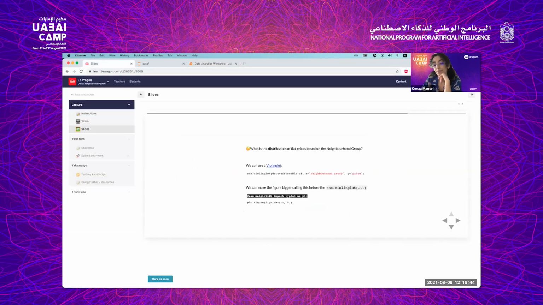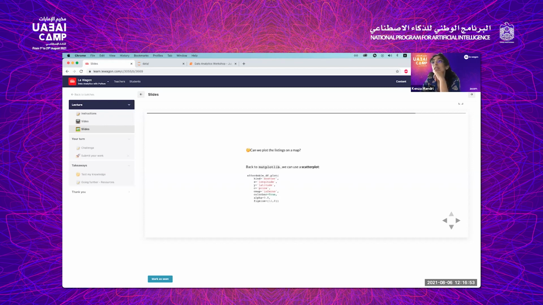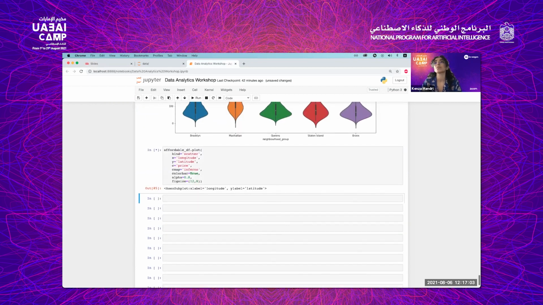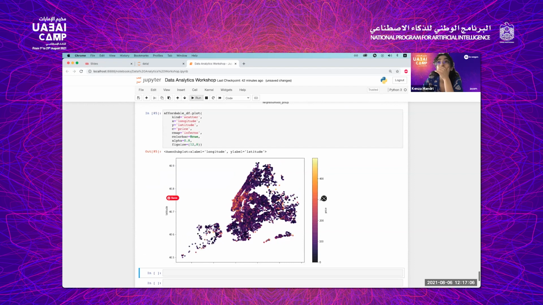So next will be, can we plot the listings on the map? Let's see if we can do that. They already give you a nice scatter plot. So in here, we are plotting, right? That's the method we're using. The kind parameter here, we're giving it the argument scatter. So we want really every dot to be scattered everywhere. We are saying X is going to be our column longitude and Y is going to be our column latitude. And our C, which is going to be the pricing of each one of them, is going to be the